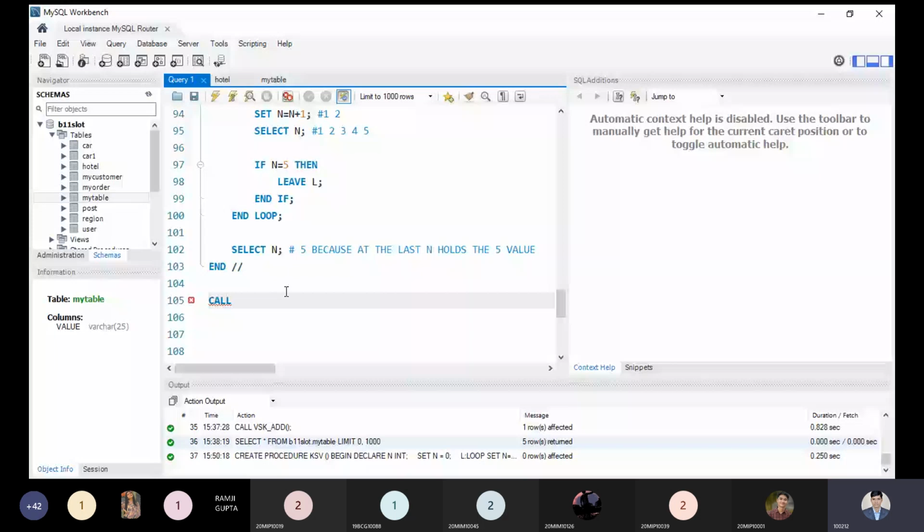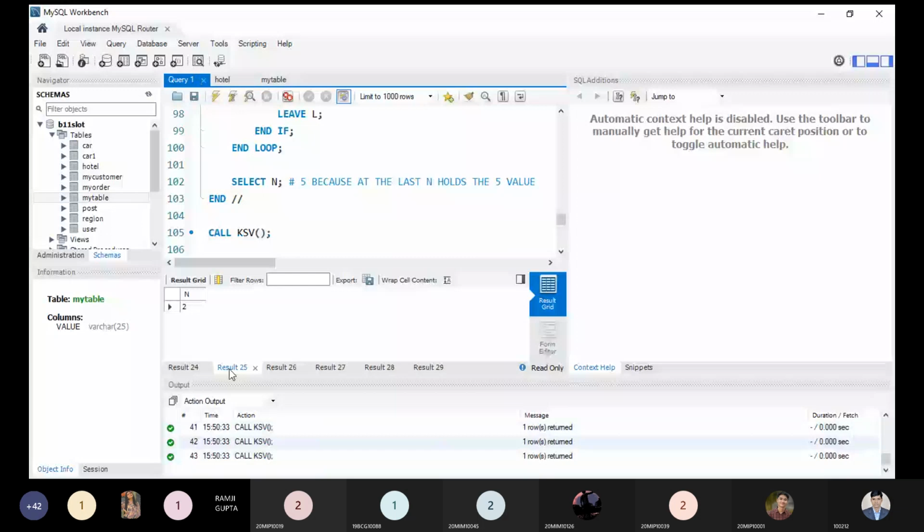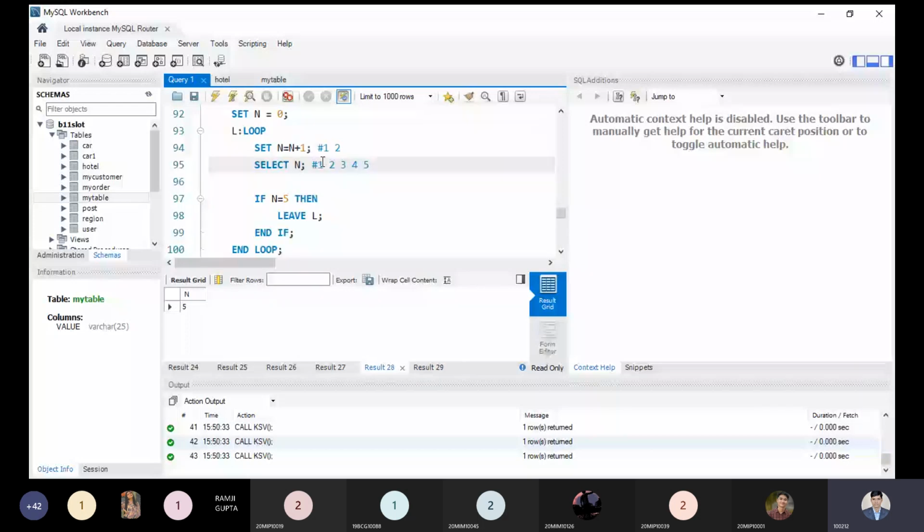By result 25 it prints 2, consecutively 3, then 4, and then 5. Result 28 is the last value, 5. So this is handled by results 24, 25, 26, 27, 28, while result 29 is printing the last value. That is it. This is a simple thing you people are required to understand here.